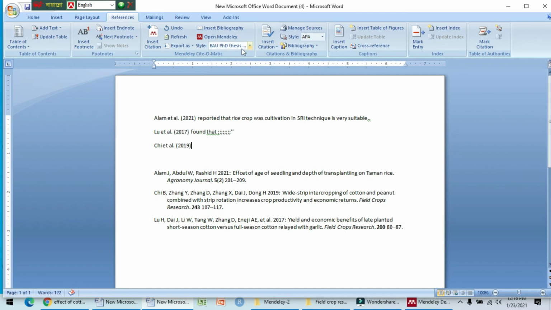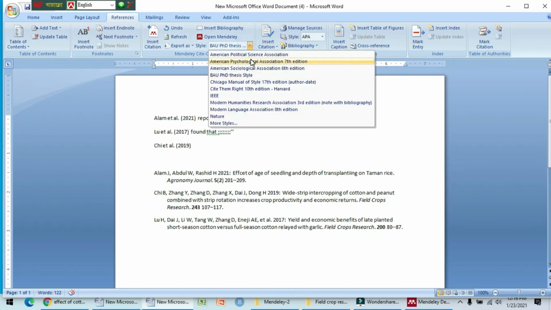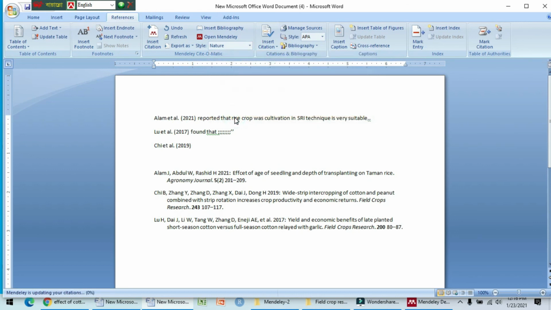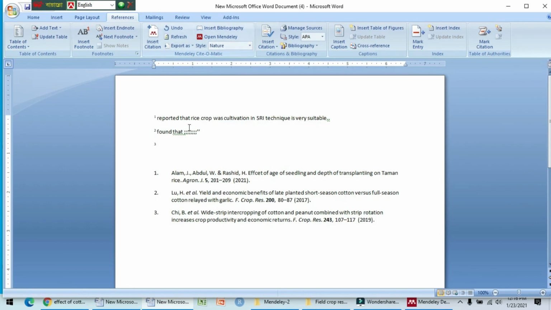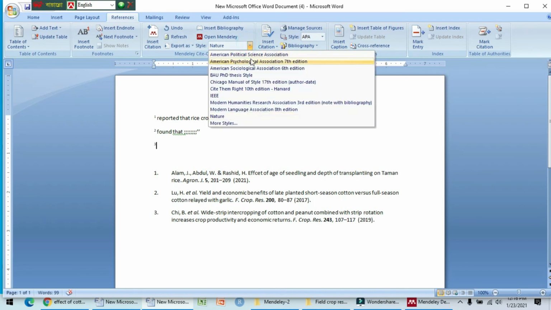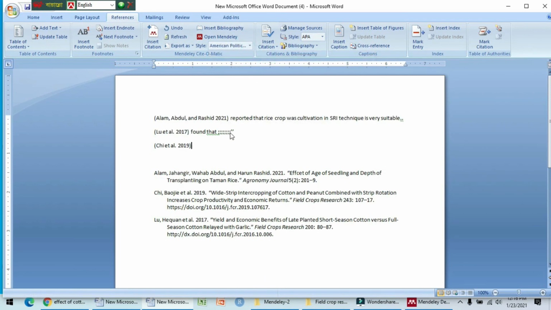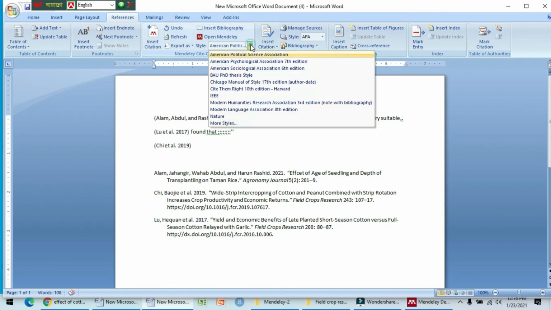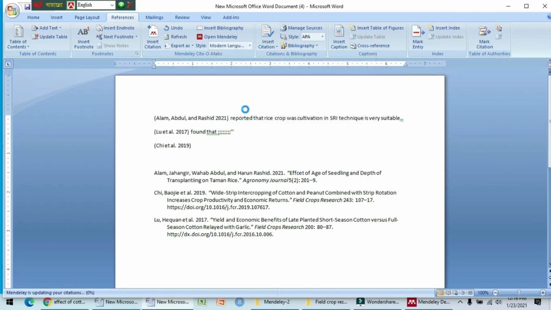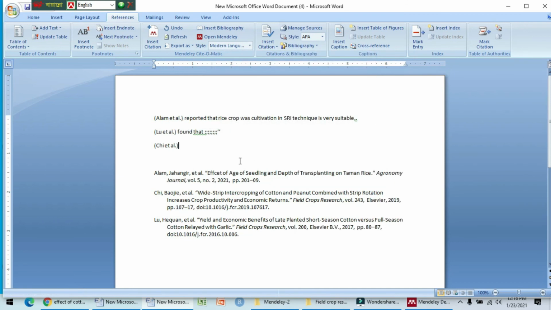I have selected the BAU style, this style, but you can change to another, Vancouver, and it will automatically change. You can see American Political Science, it is American Political Science. You can change to another, modern language association 18, it is another style.